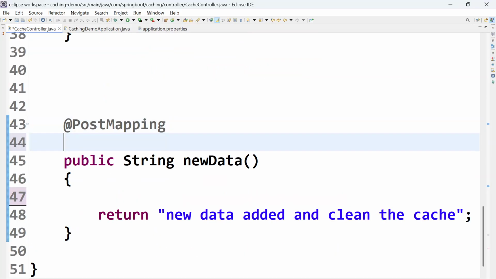So how do we erase the cache memory? To erase the cache memory, we use the annotation called cache evict. As the name tells you, it is going to clean up the cache. Cacheable was used to store the data in the cache memory, whereas cache evict is used to clean up the cache. So this annotation, cache evict, will generally be placed on top of the post method